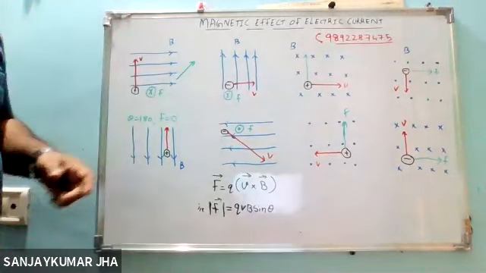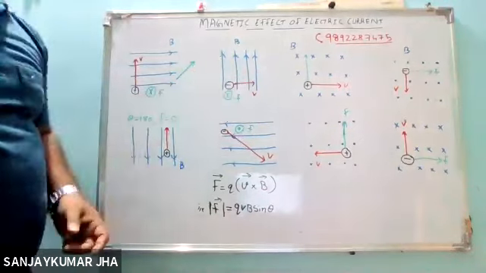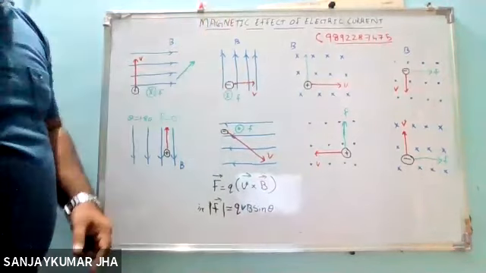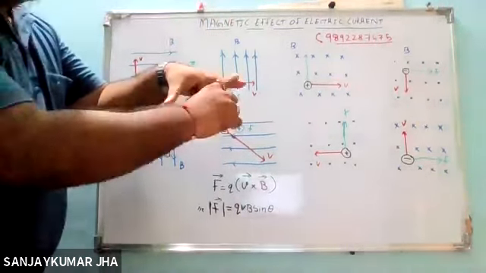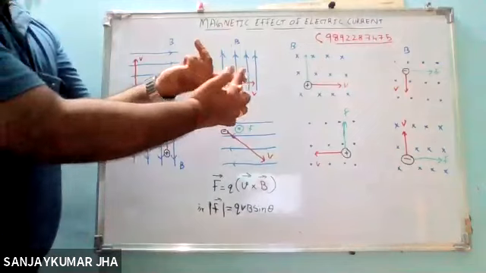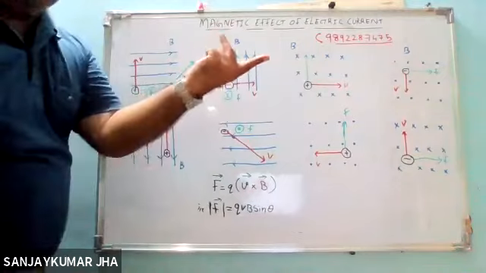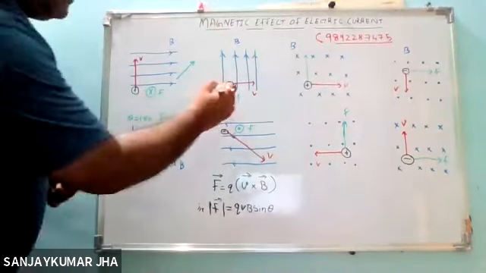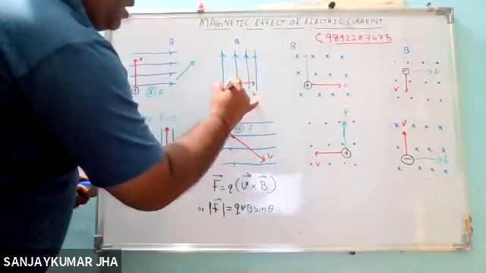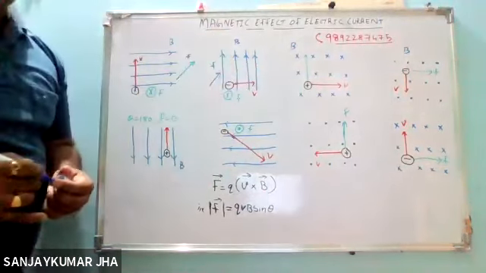Thereafter, students, you have a negative charge. Negative charge means what? Negative charge means the left hand. So for negative charge, the forefinger is the direction of velocity and the middle finger is the direction of magnetic induction. So the thumb is directed inward. Inward means perpendicular to the plane. So this is the direction of the force again. So here also the force is inward, that is perpendicular to the plane in the inward direction.